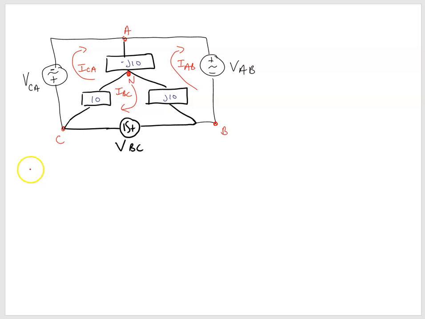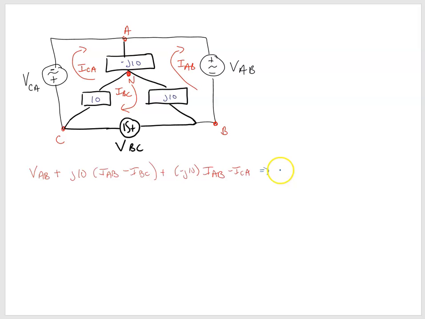a positive VAB because of this direction. And then we'll just add to that plus our J10, right? We'll just write it out. J10 times our IAB minus IBC plus our negative J10 times IAB minus ICA. So when we go to simplify that, we get that